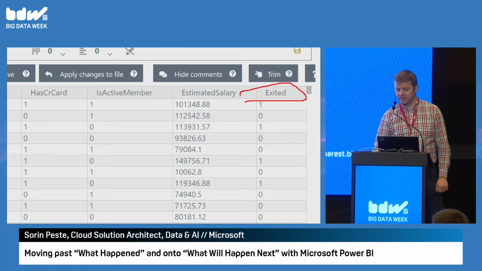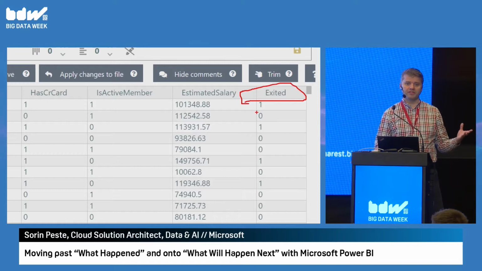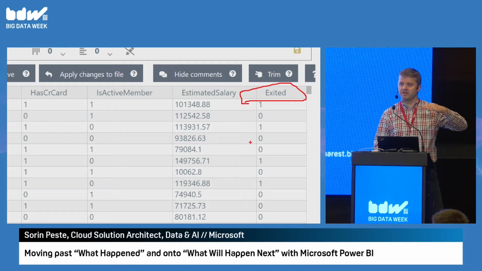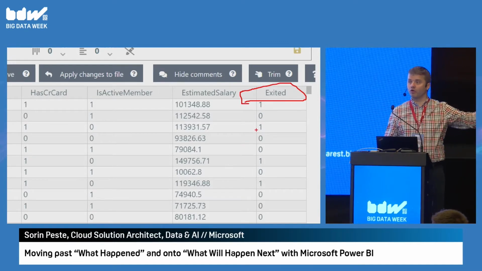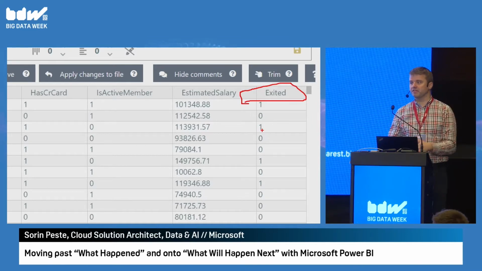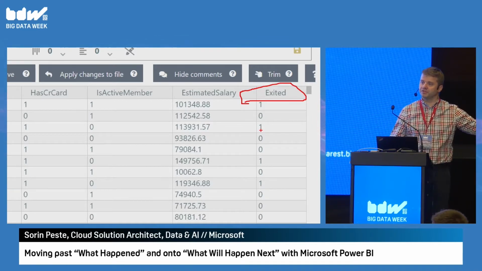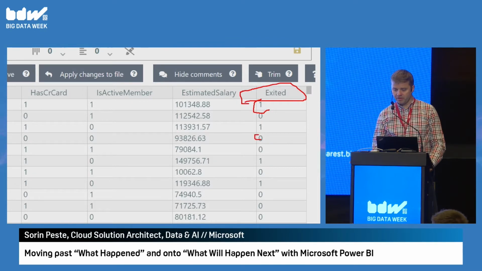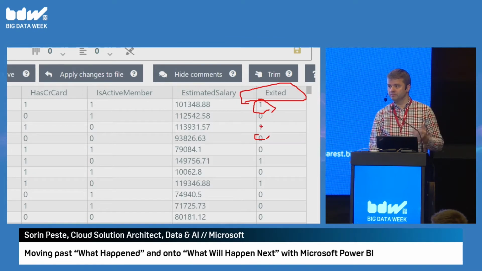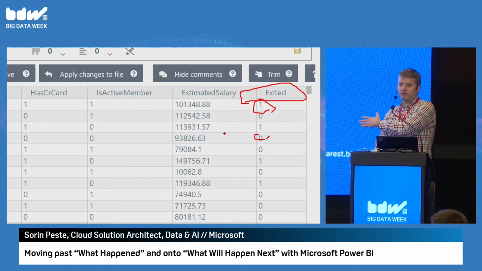So this is a data set that is used in churn demos. The basic churn problem is trying to figure out which of your customers leave you for the competition. Exited one means that this customer is a former customer. They used to be our customer in the past, but now they have moved on to the competition for one reason or another. So we have people who are still our customers, the zeros, and people who have moved on, right? So this is the object of our short analysis.